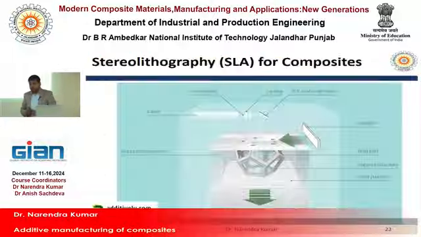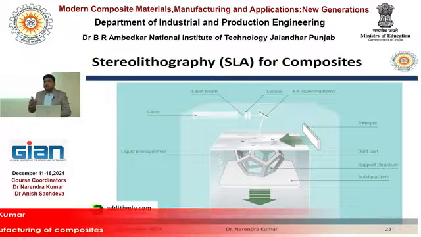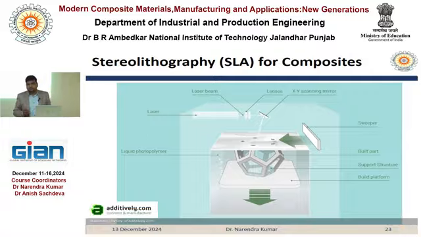Okay, next process is SLA for composites. SLA is stereolithography. It is a liquid based process. Here we use a special resin that is cured under UV light. No heating mechanism is involved in this case. We just use a material, and when we expose that material to UV light, it solidifies. Because the material form is resin,